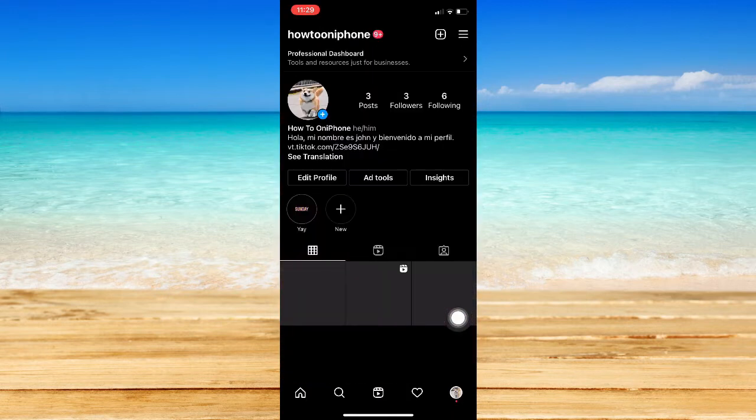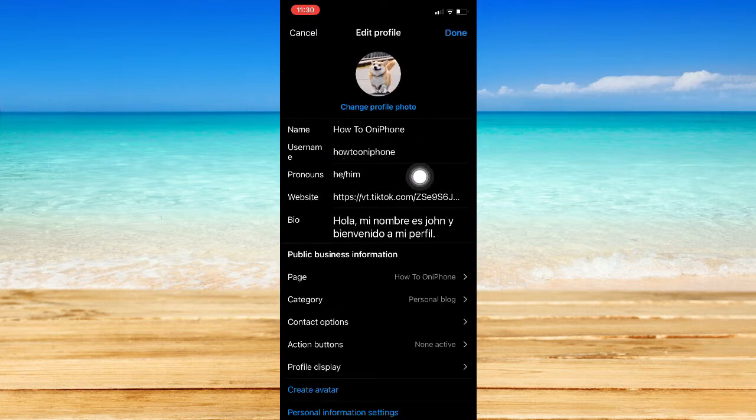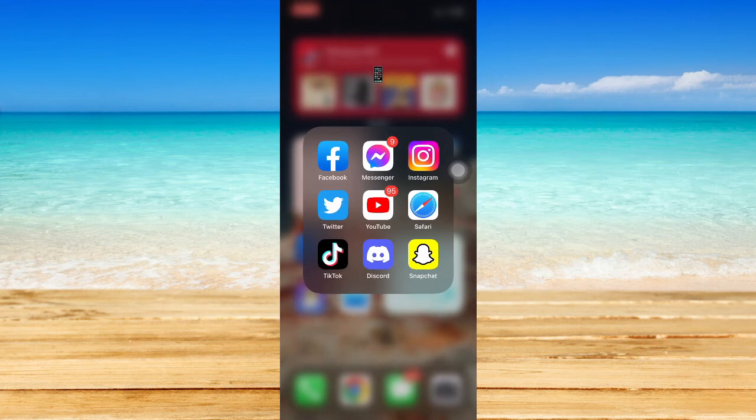So go to your profile found on the lower right corner of the screen, and as you can see, your username will be displayed on the upper left corner. So do take note of your username, or you may also copy it by clicking on it right here. Copy it, and then you may go to a note, for example, or any app in which you can